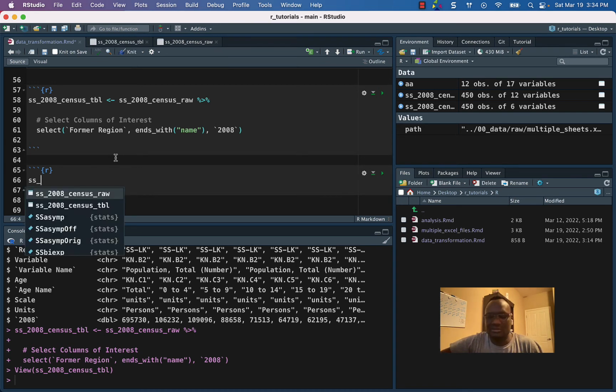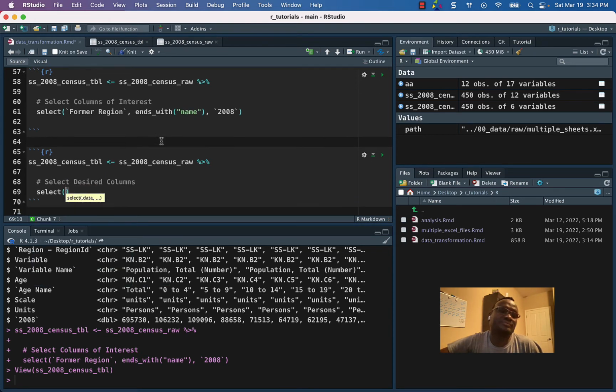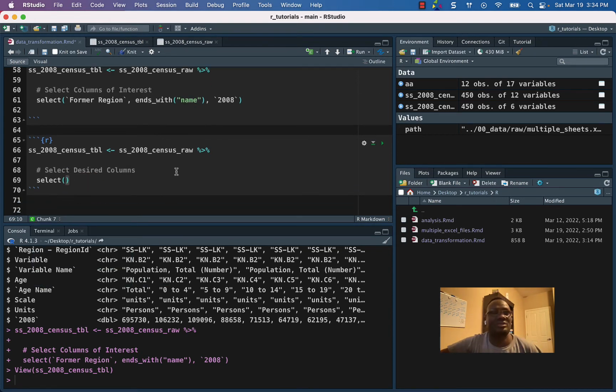I'm just going to override the data up there. Select desired columns. Select, and then we would add this one, the first column there,